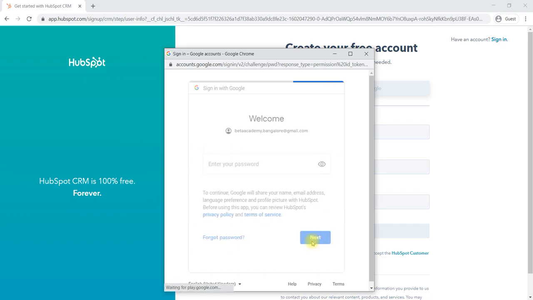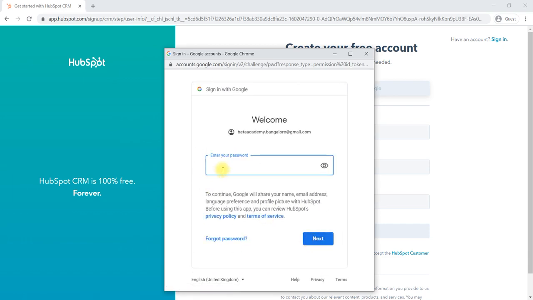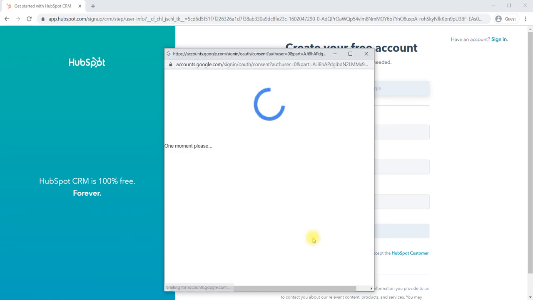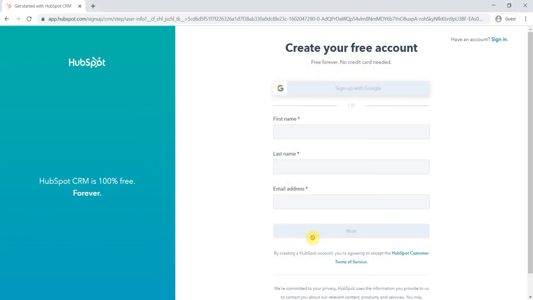Next, it will ask for the password of your Google account. It will initialize your account.